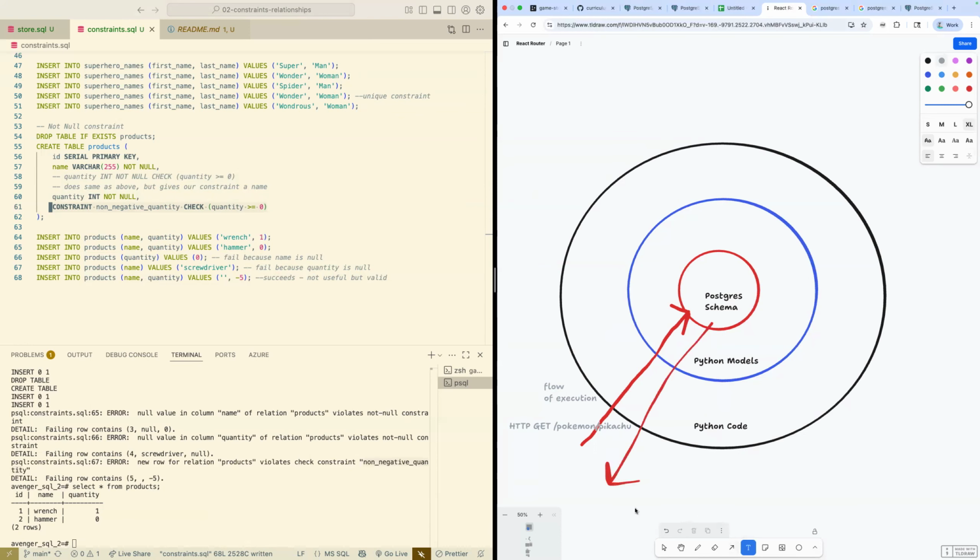And then the response ends up being some JSON about Pikachu that's come from our database,